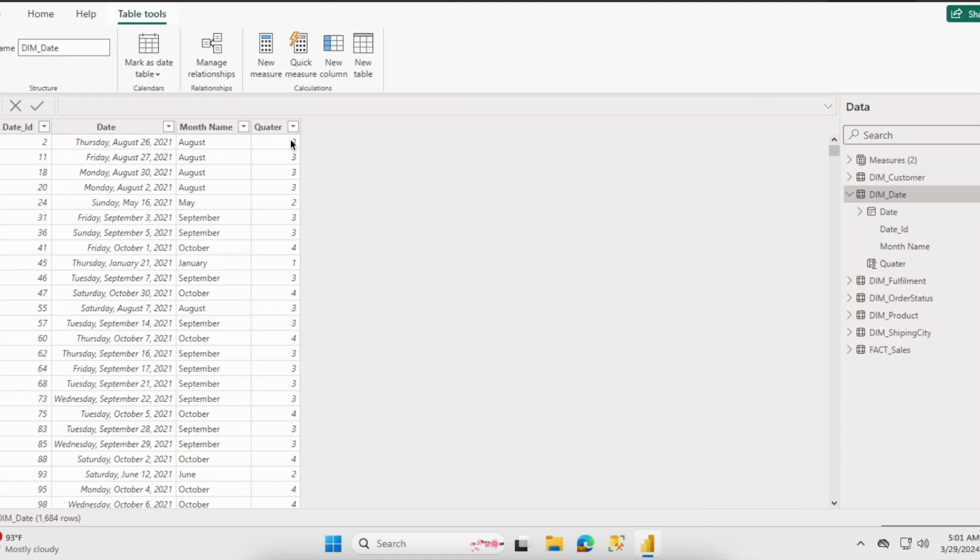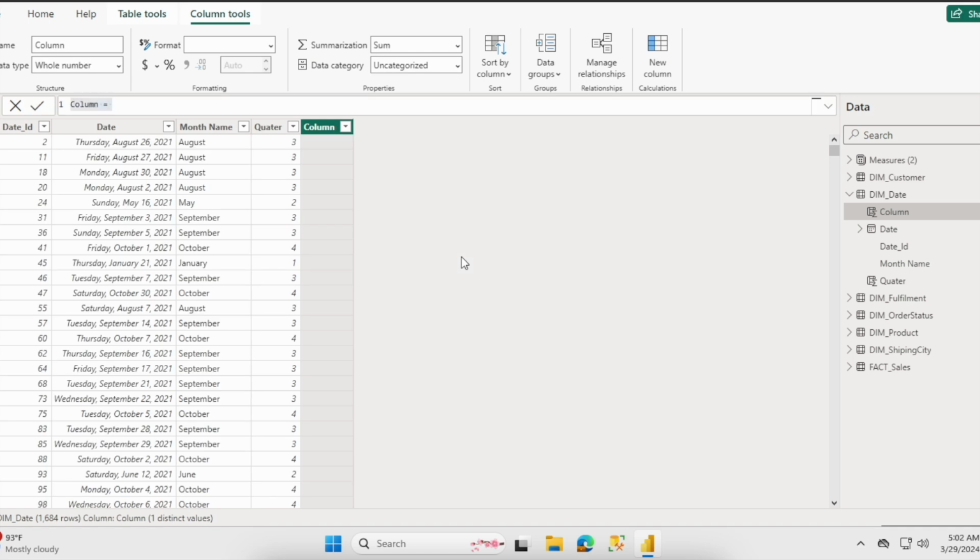Now we are going to extract the year from the date column. Actually there are so many options, you can easily find out while going through the videos how we are extracting the year from the date column. But here we are going to write a DAX expression to extract the year from this date column. For that we have to create a new column with the help of this button, and while creating a new column it will automatically open this formula bar where you can write down your formula.